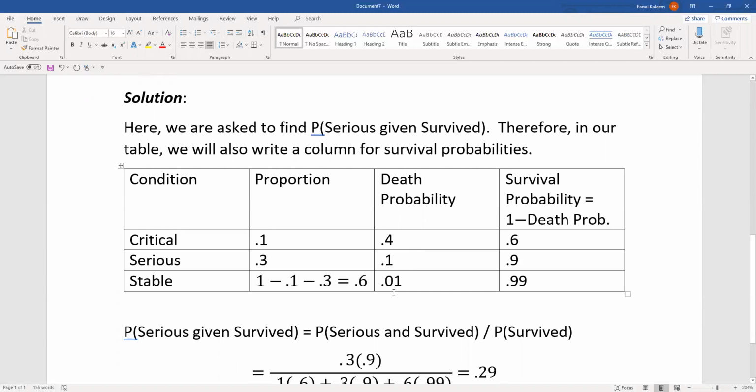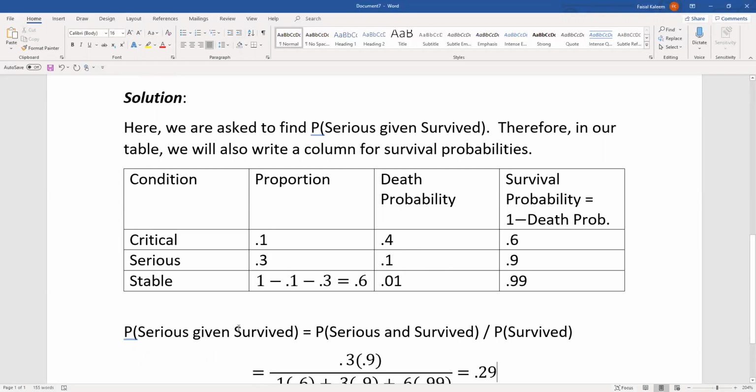But as we talked before, in this case, we also need the survival probability because that's what the question is asking. So survival would be 1 minus death. So if the death is 0.4, it'd be 1 minus 0.4, 0.6. So 1 minus 0.1 is 0.9, 1 minus 0.01 is 0.99. So we are asked the probability of